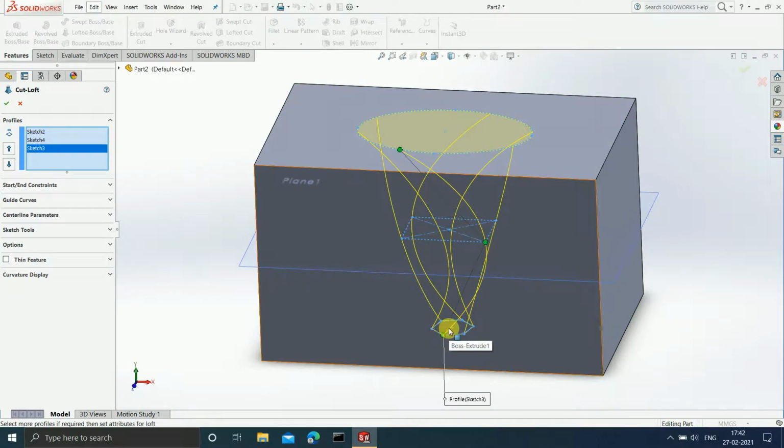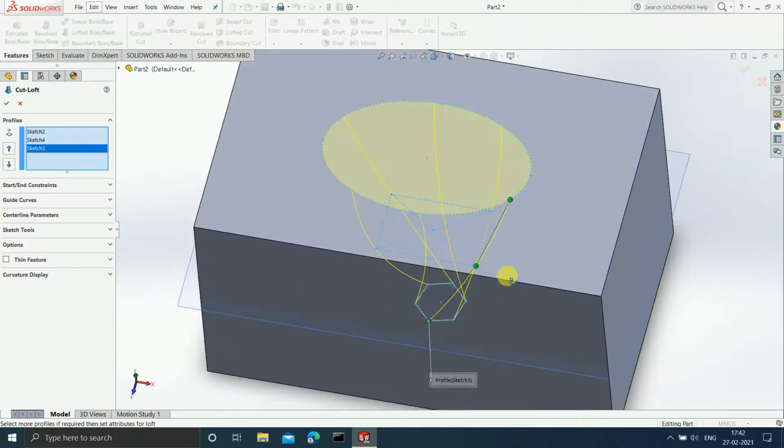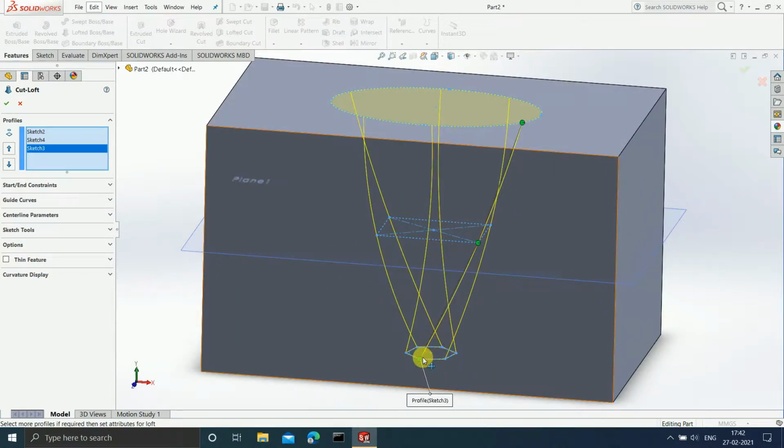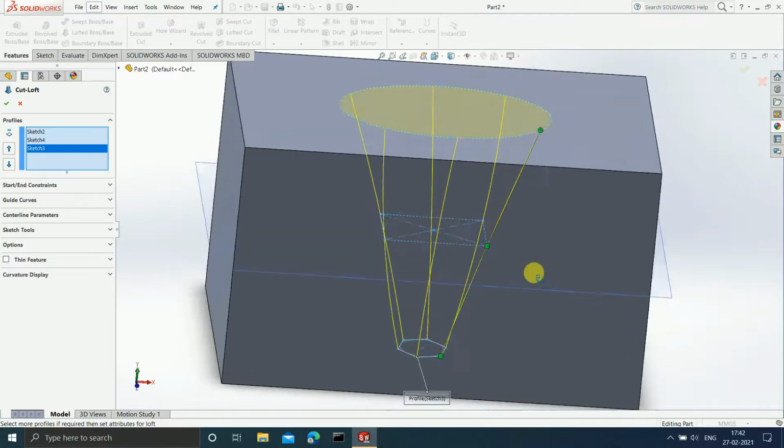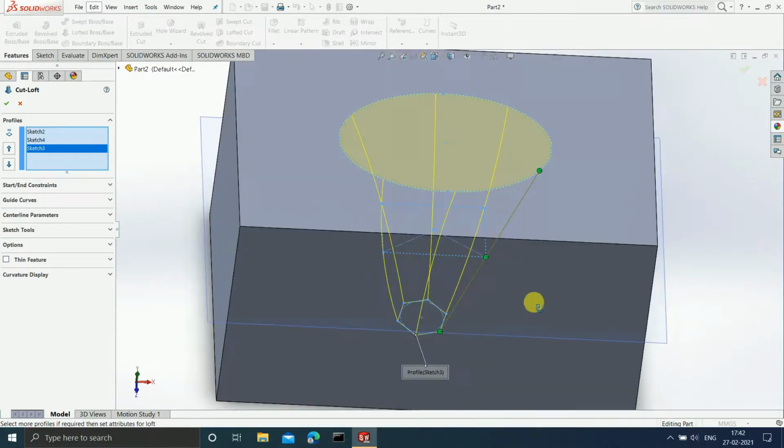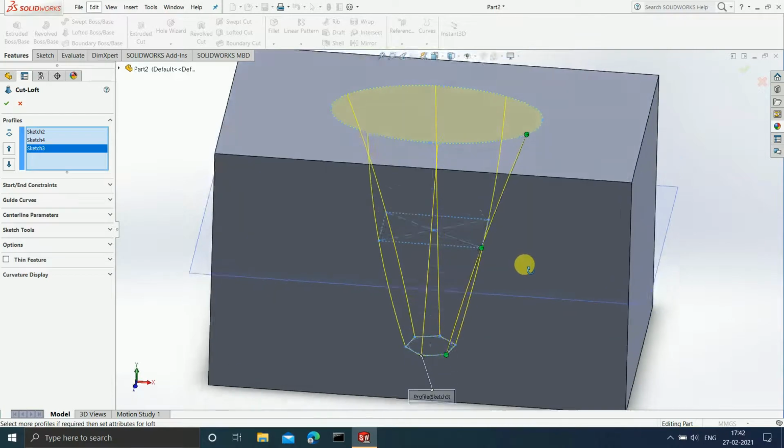What are the use of these dots? These dots are used to twist your model. Okay, so if you see the cut, you can see it can be twisted. So if you want to make it straight, just adjust this. Let's make it here. See, now it has become a bit straight. This I've already explained to you all in the lofted. See, can you see? Now it has become straight.